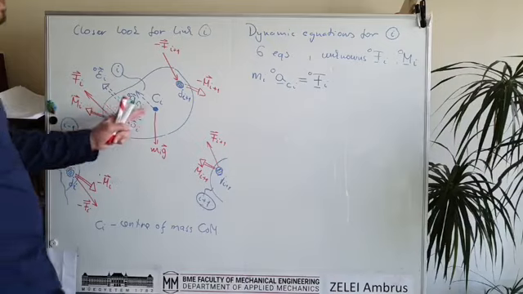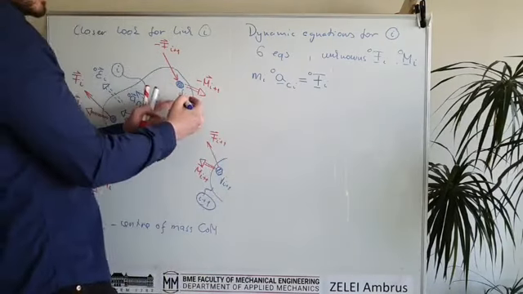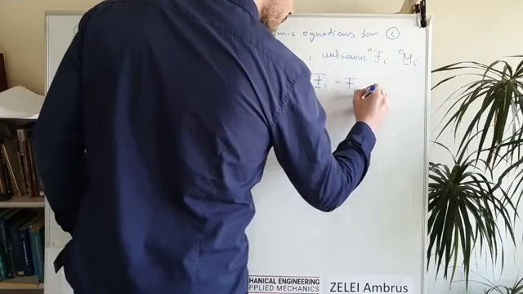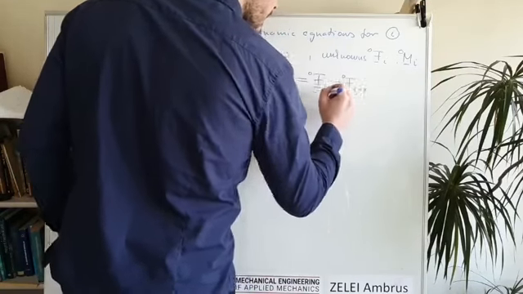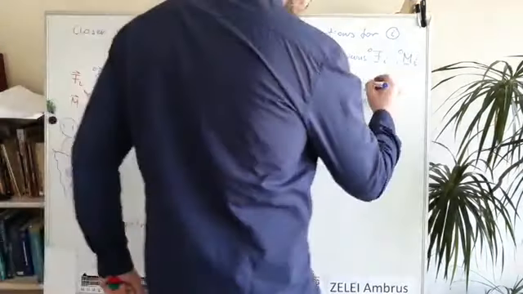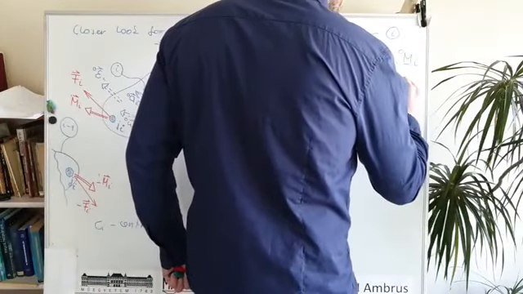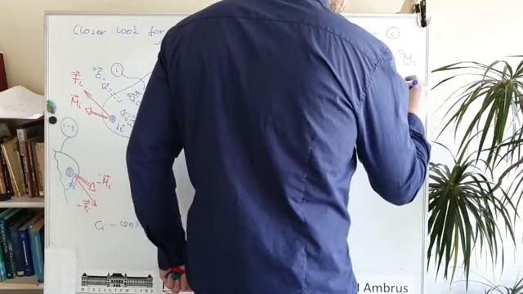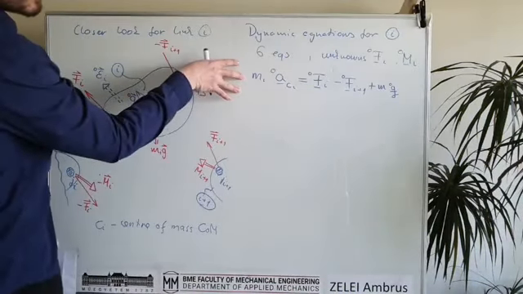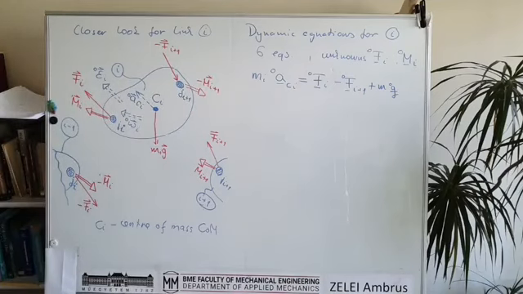acting on joint i, and the other force acting on the next joint, so this is minus F i plus 1, and we also have the gravitational force usually, so this is m times the gravitational vector. Okay, so these are the first 3 equations in vector form, and we have a bit complicated part